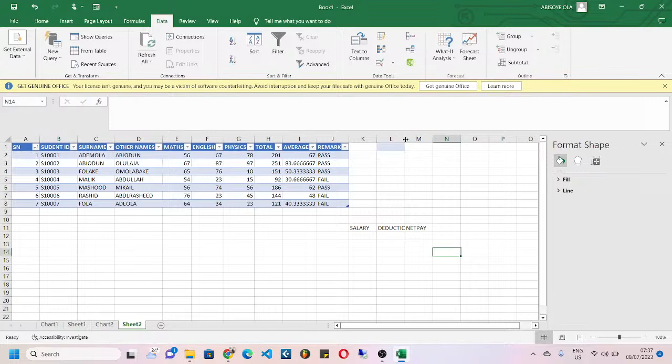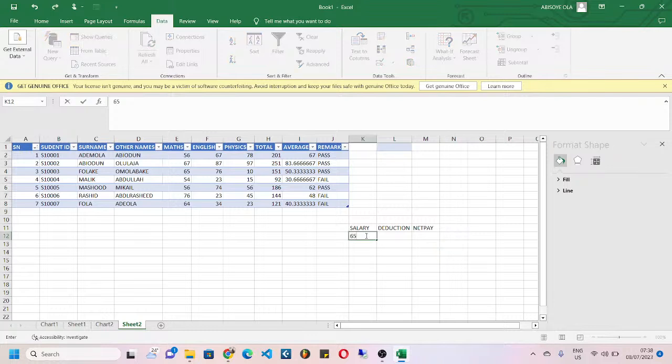So if you understand net pay, you know that net pay is just like total pay, right? So for instance, salary is 65,000 and deduction is 2,000. If I come here and say equals to difference, there's no